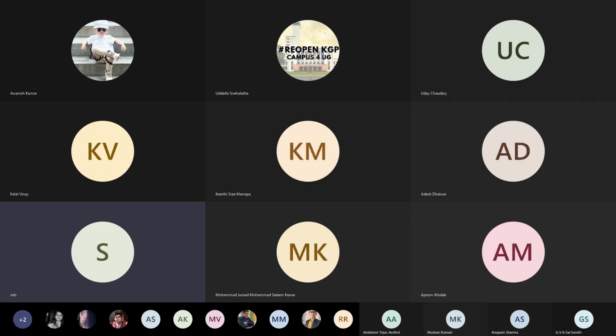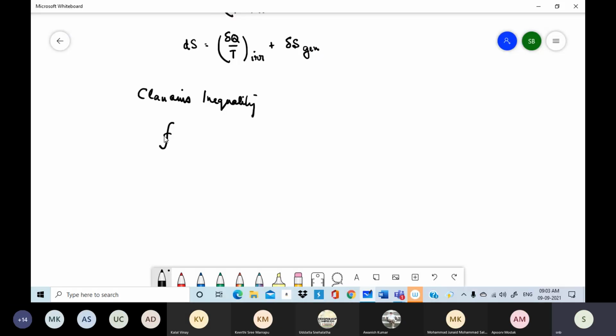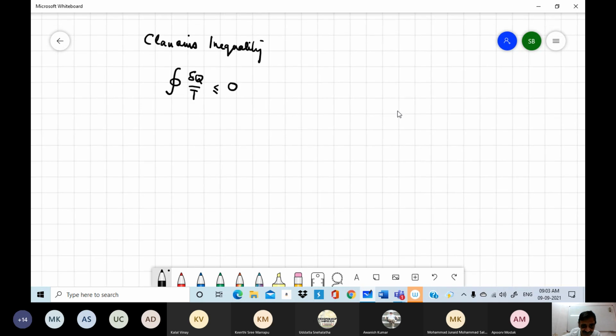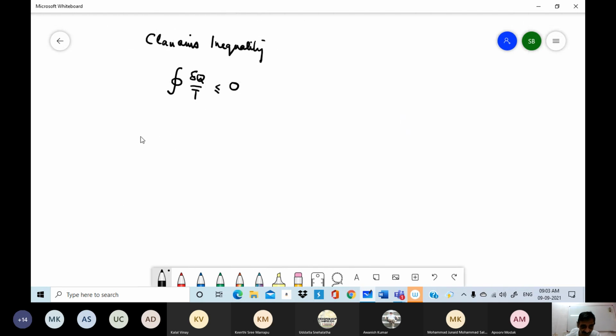So which says in a cyclic process, furthermore, for a reversible cycle,